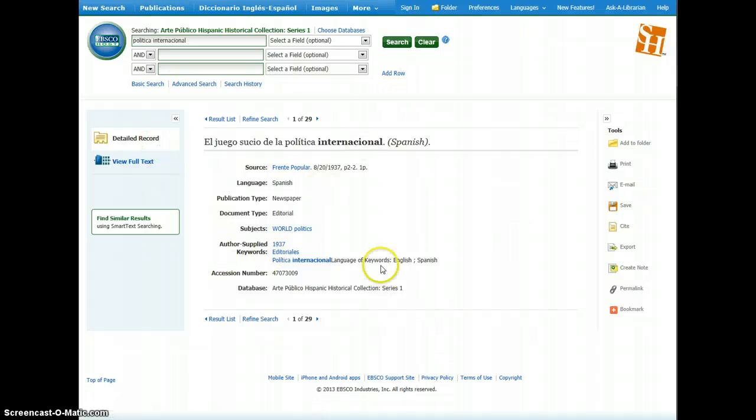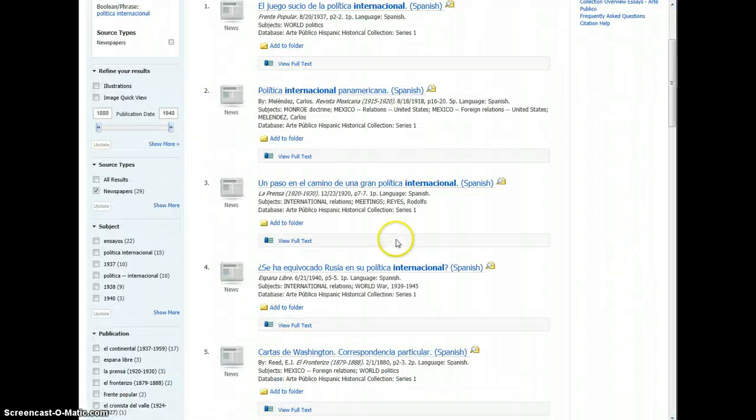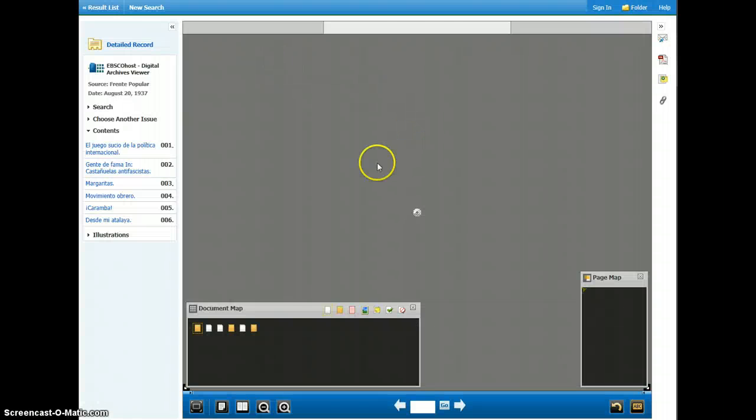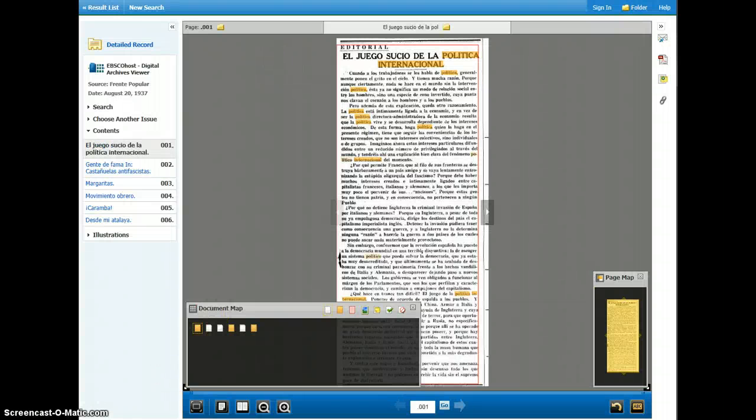So we've looked at this information about the article, and you've decided you would like to actually read this article. How do you get to it? What you want to look for is the link to full text. And you'll see from here in our list of results, below each article is a link to view full text. The words full text are always going to be your cue that that's going to get you to the complete article. So we click view full text,